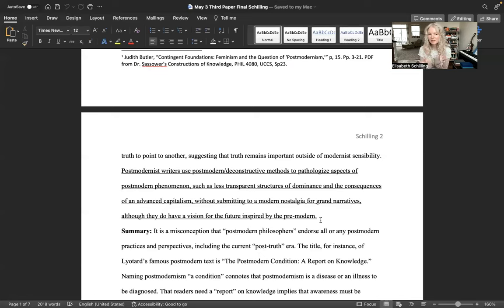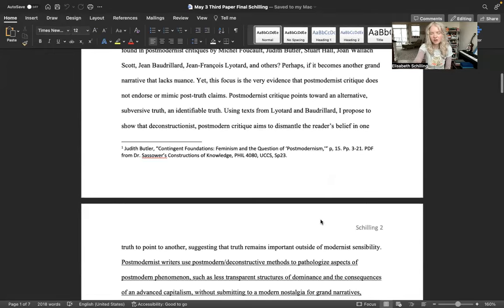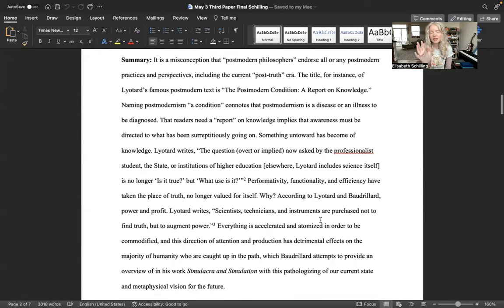So that last part is really my second argument. So I have my conclusion, or my introduction, you can kind of see how long it is, and I'm going to read through that so you'll see exactly what I put. But again, it's just clarifying your question, saying what the question means to you, and then making sure your thesis is at the end. Then I have a summary,